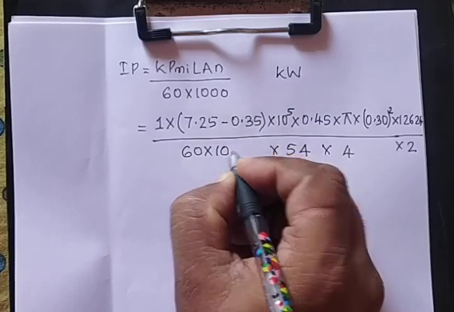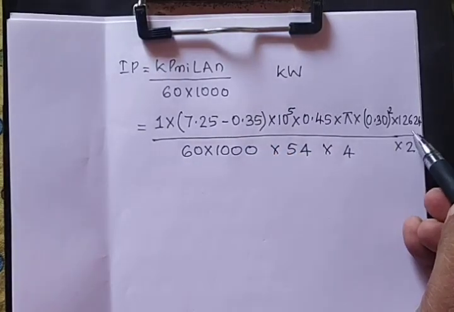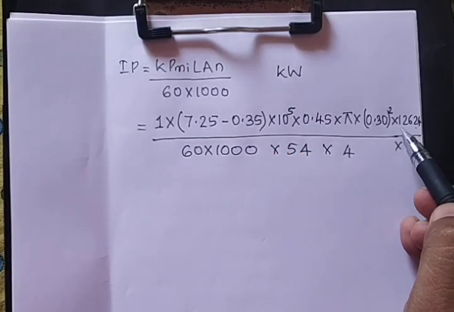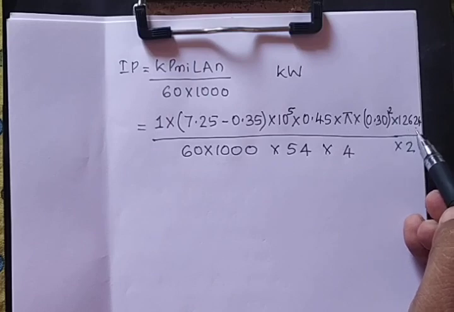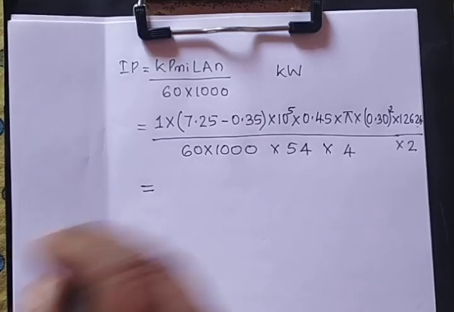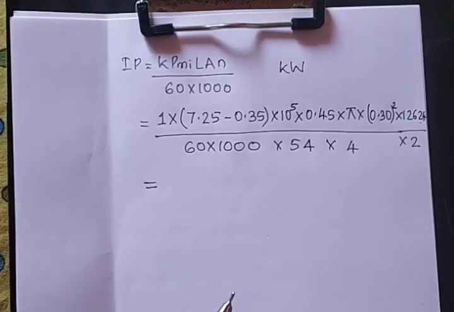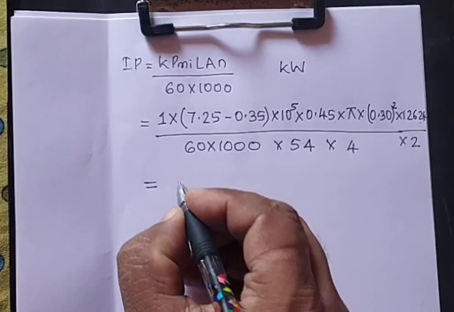So when we conduct this trial for 54 minutes, the speed given to us is nothing but 12,624. And like in the previous problem, number of explosions were given to us. So we have not taken small n is equal to capital N by 2. So when number of explosions are not given, theoretically we need to assume that number of explosions or number of firings is half the speed for 4-stroke engines. So find out the value of IP.